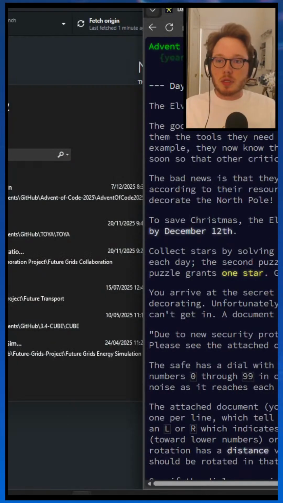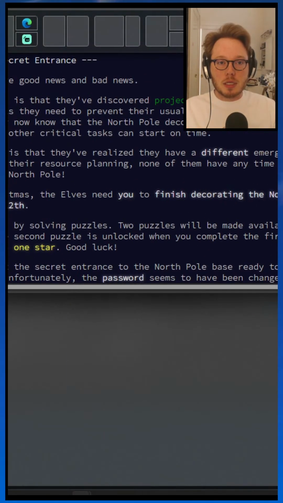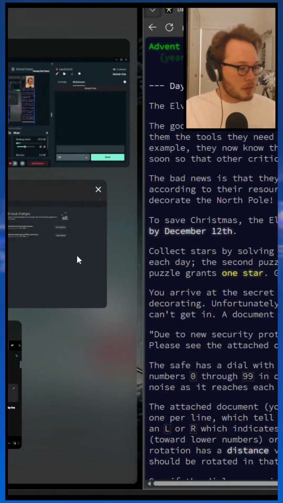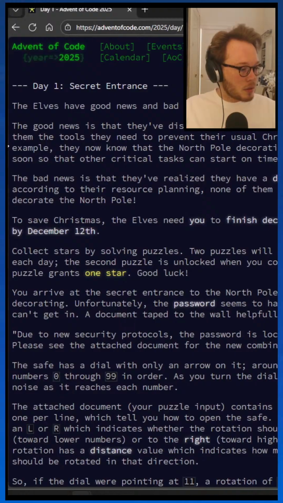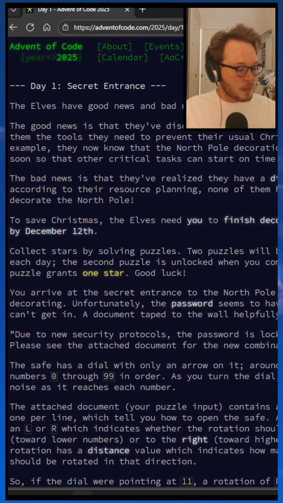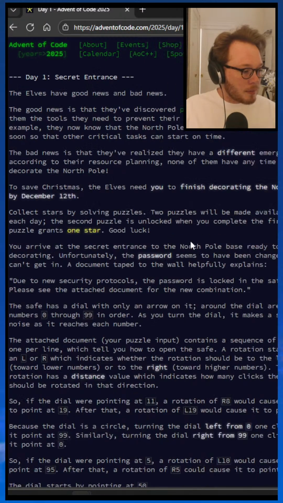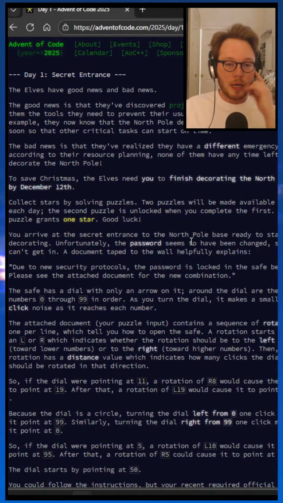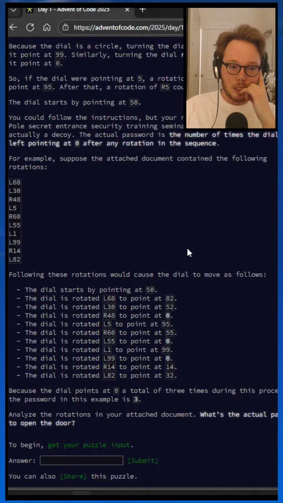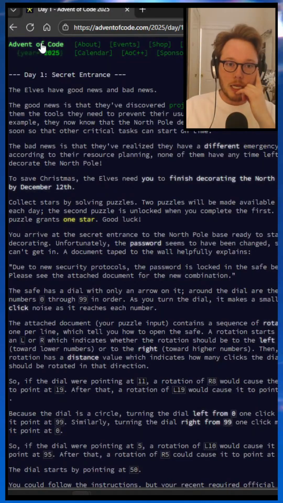I want a way to put this in the middle so that people can see it more easily. There we go. That's pretty good. So yeah, Advent of Code is this very cool thing where we do programming challenges for each day in...